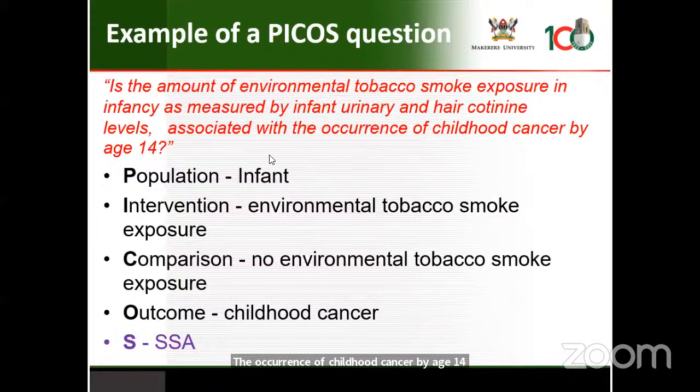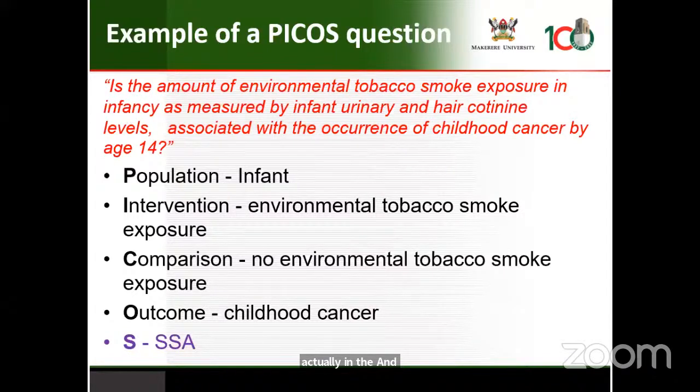So our population here is infants. The intervention is environmental tobacco smoke exposure, and it is being compared with no environmental tobacco smoke exposure. The outcome is childhood cancer. And then I put S in a different color, because it's not actually included in the research question, but